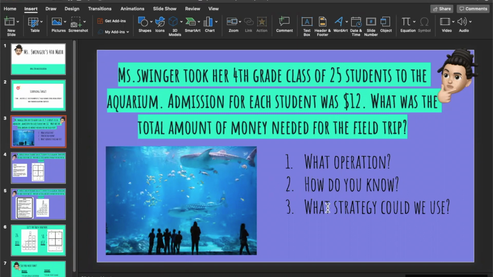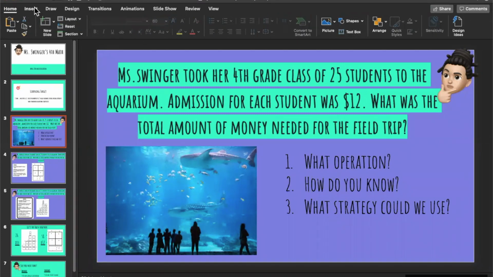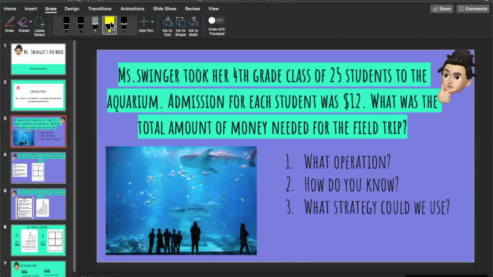Here are our three questions to guide us along the way. We first need to figure out what operation. Second, how do we know that that's the correct operation? And the last thing that we do is try to figure out, what strategies could we use to help us solve the problem? And remember, today our two strategies that we are able to choose from are partial product and standard algorithm, okay? So first, since we know our I can statement today is multiplication,